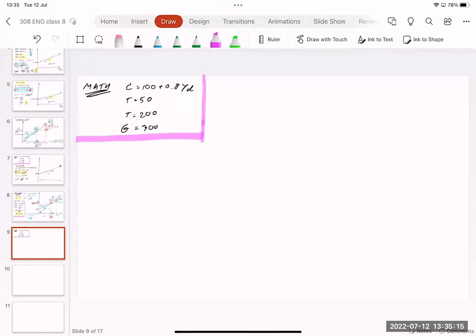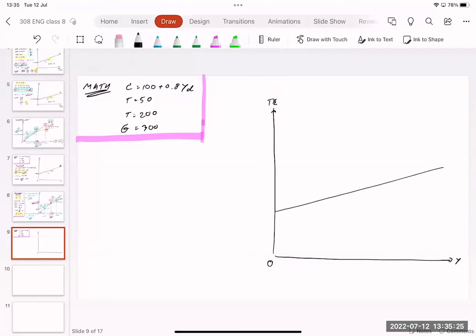And then I'm going to draw the graph that we did together. On the horizontal is Y. On the vertical is TE. You have the graph like this. Starting point is 560. Slope is equal to 0.8. This is TE equal to C plus I plus G1. So if something changes,